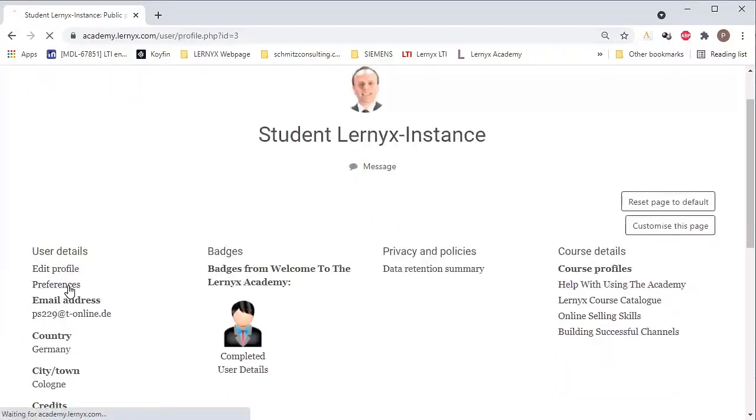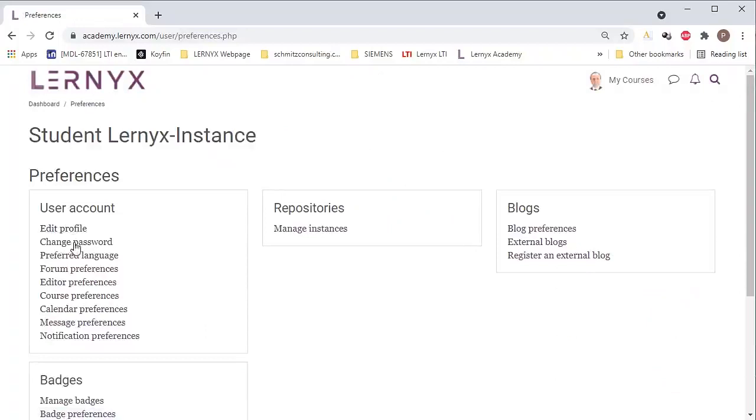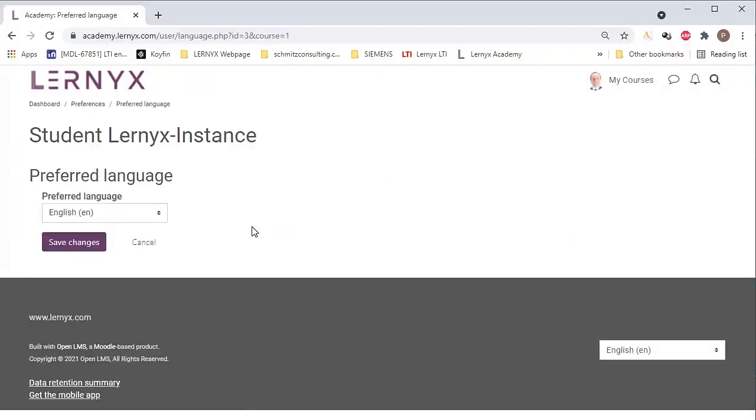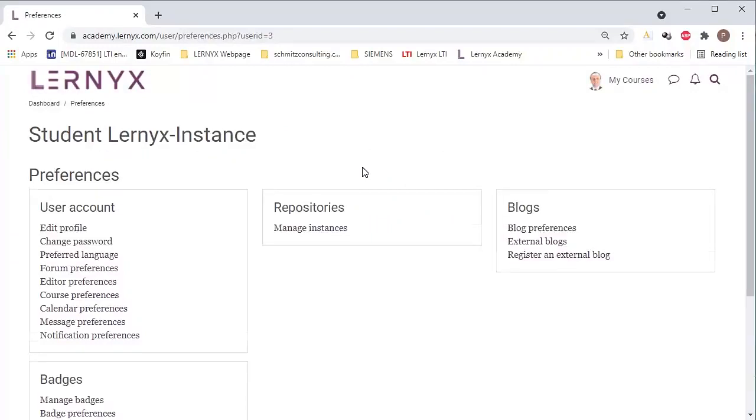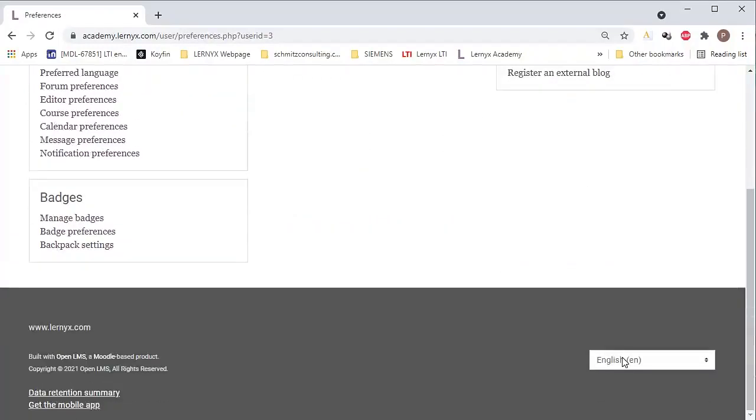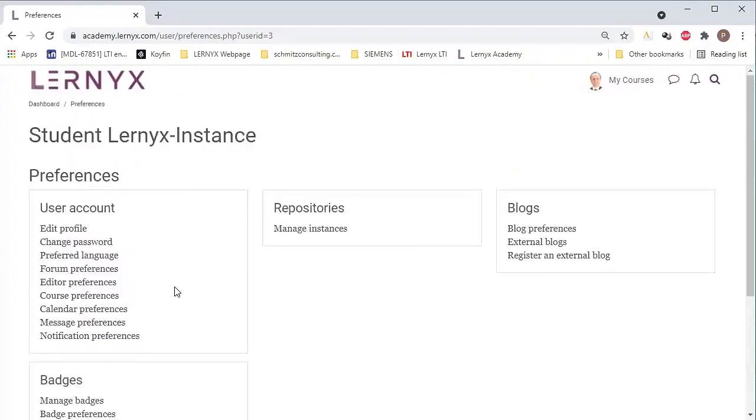Then here are more preferences. For example, you can change your password here. You can set your preferred language. And there's another place from where you can change the language, which is down here at the bottom. There's a quick language selector here, which is also very useful if you like to have your user interface